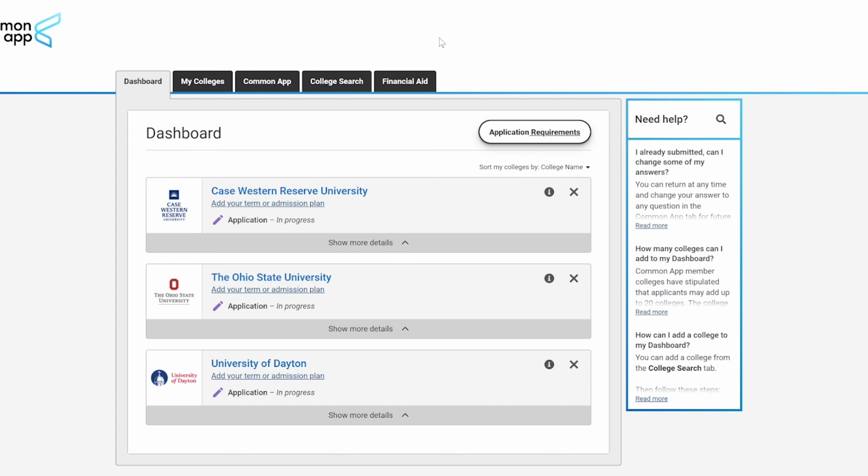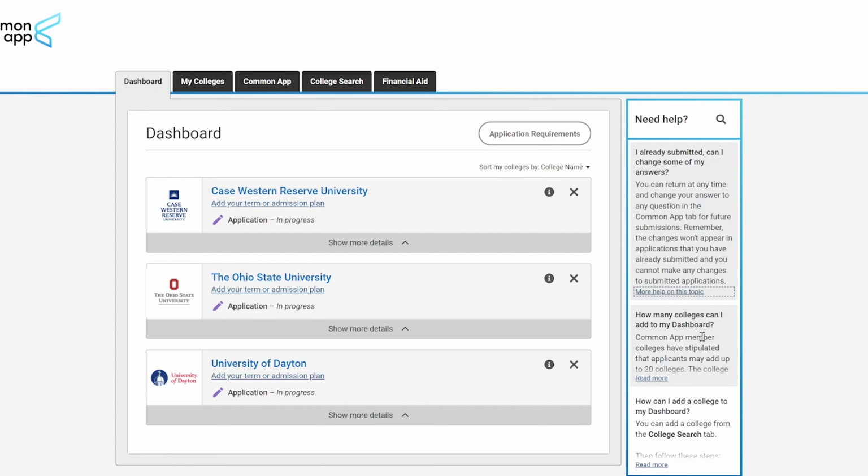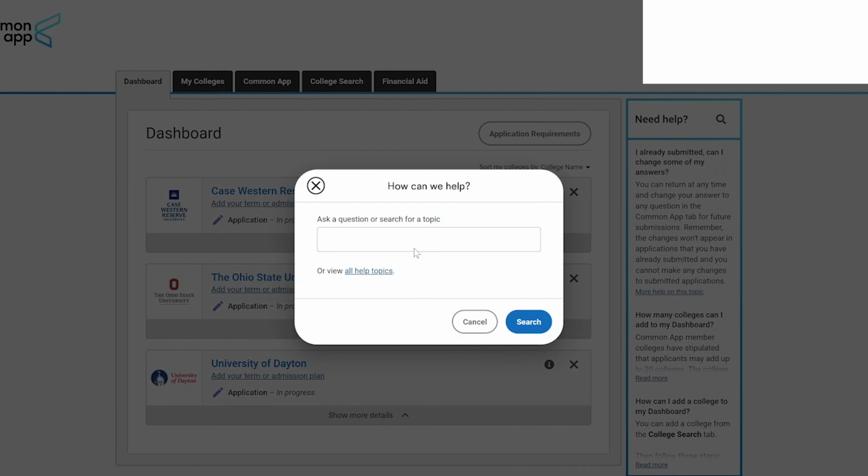Tip number 2, on the right-hand side of every Common App page is an FAQ with the most commonly asked questions regarding that specific page and the content within it. This is also a quick access menu to the general FAQ for the Common App. If you click the little search icon, you'll be able to open up the general FAQ